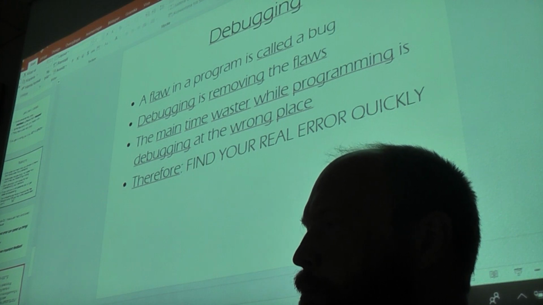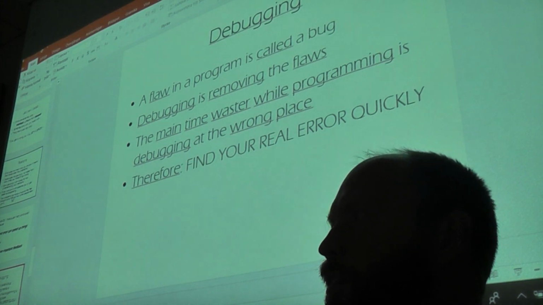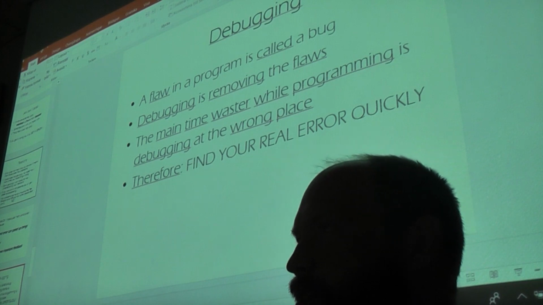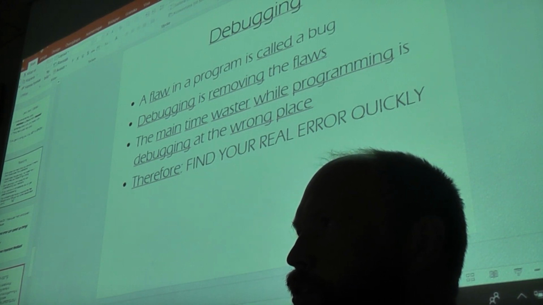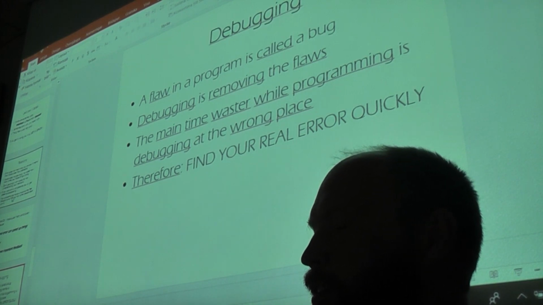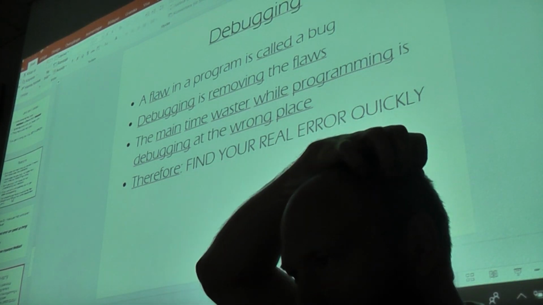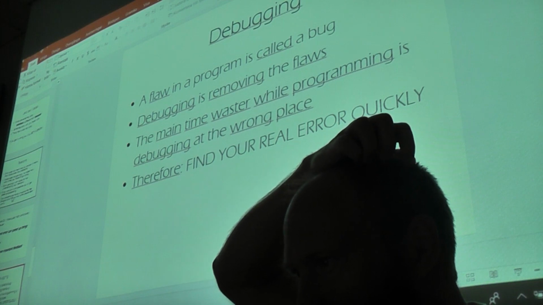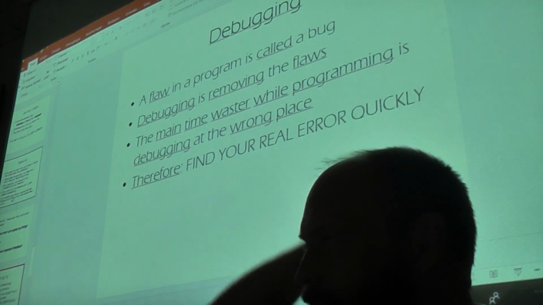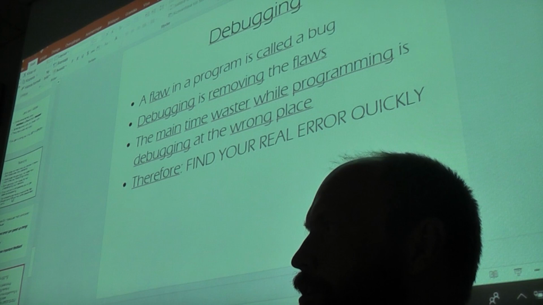And I think that what takes time in learning how to program is to debug, to localize the problem and correct it. And I think the main time waster is that we're looking at the wrong place.